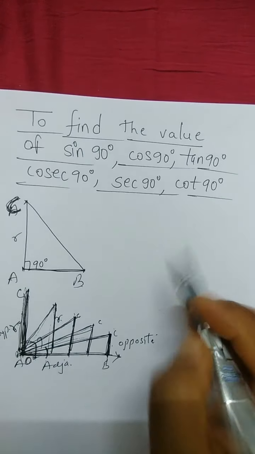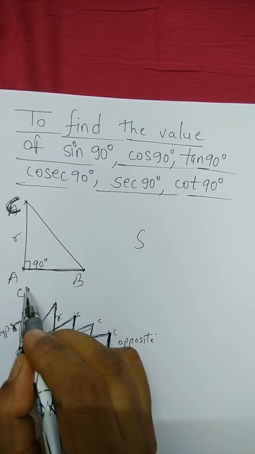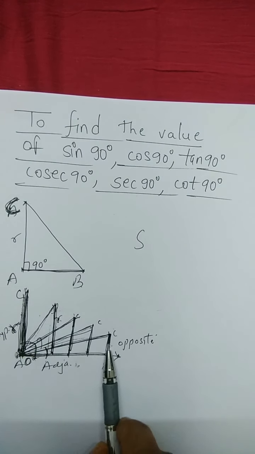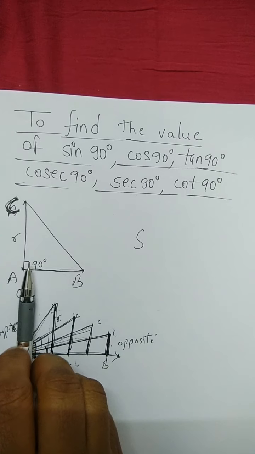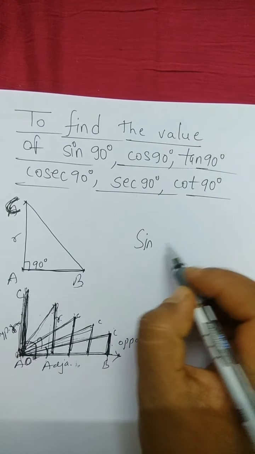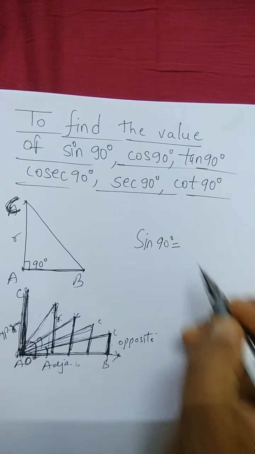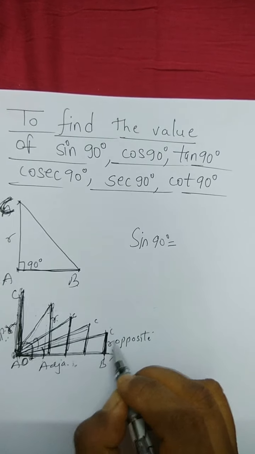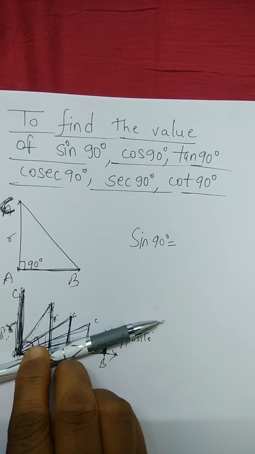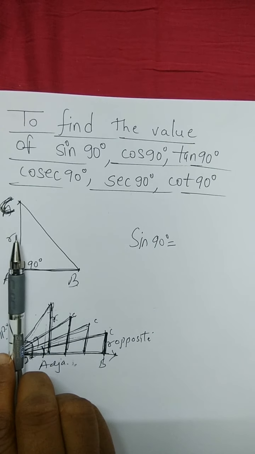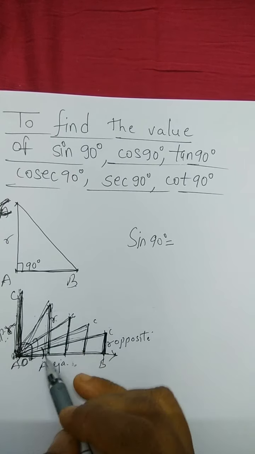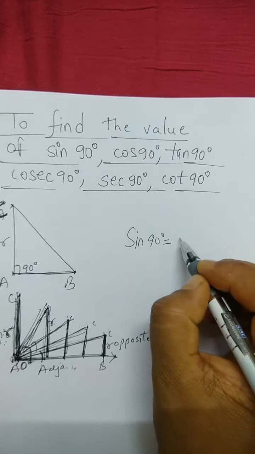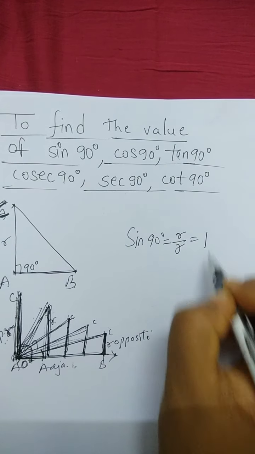Now we have to use the sine ratio. I have taken this hypotenuse R, so the opposite side will also become R when it reaches this hypotenuse. So sine 90-degree is equal to opposite upon hypotenuse. Opposite is R. Why R? Because when this arm reaches here for 90-degree, this hypotenuse and this arm both will become equal. They will become coincident. So both are the same. R by R means 1.